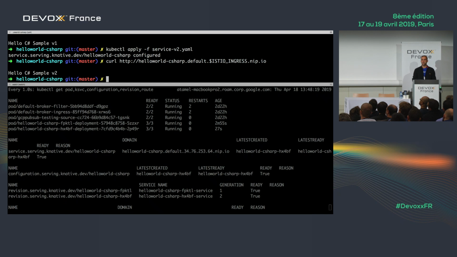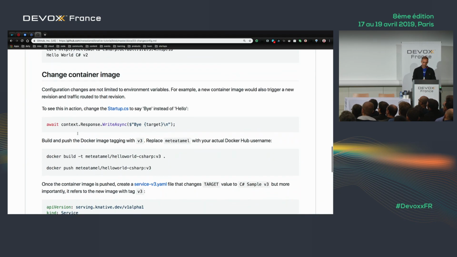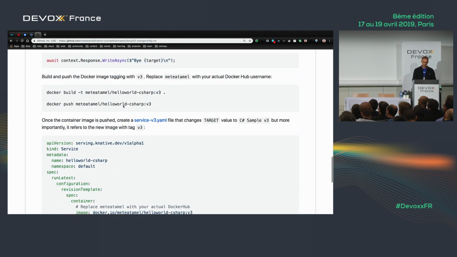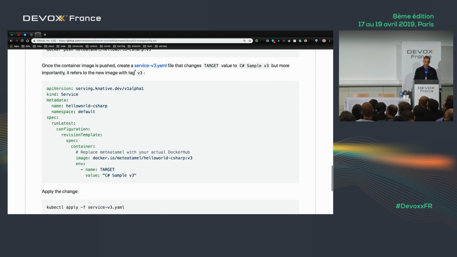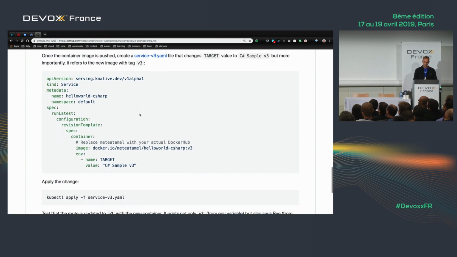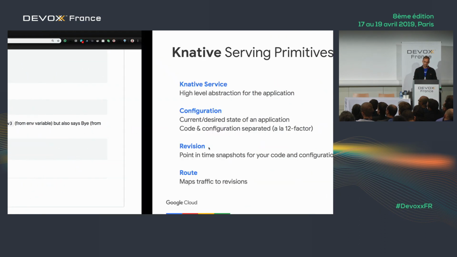Similarly, if you want to change the code and update your service, you go through the same process. You create your new image, you push it out to Docker Hub, and then you change the configuration. So let's take a look at that one. In this case, I created a new revision where instead of saying hi, I say bye, and I call this version 3. Then I change the image to point to this new version. And once we apply this,